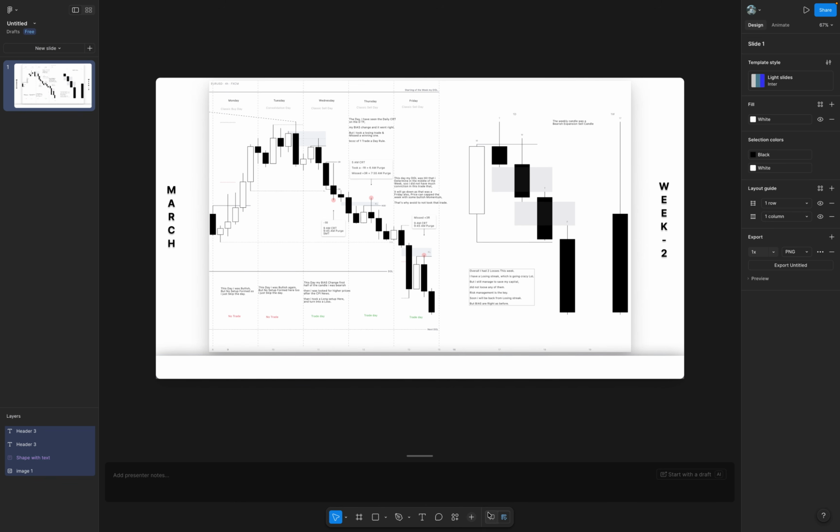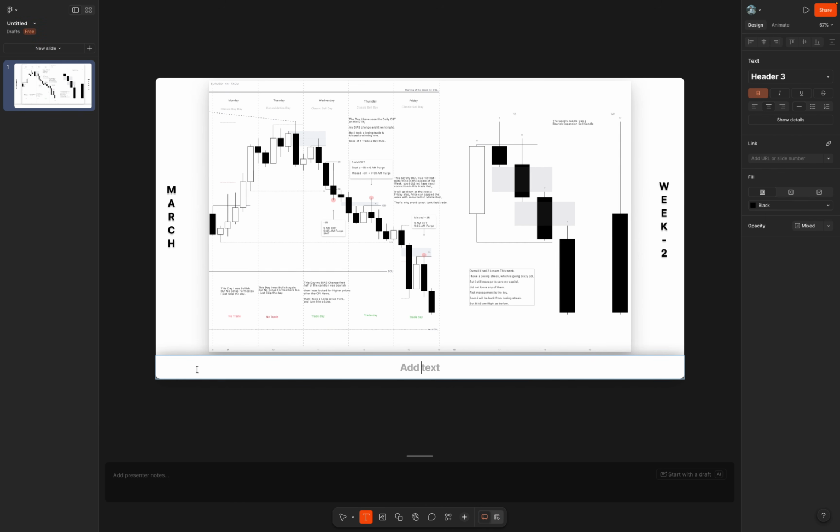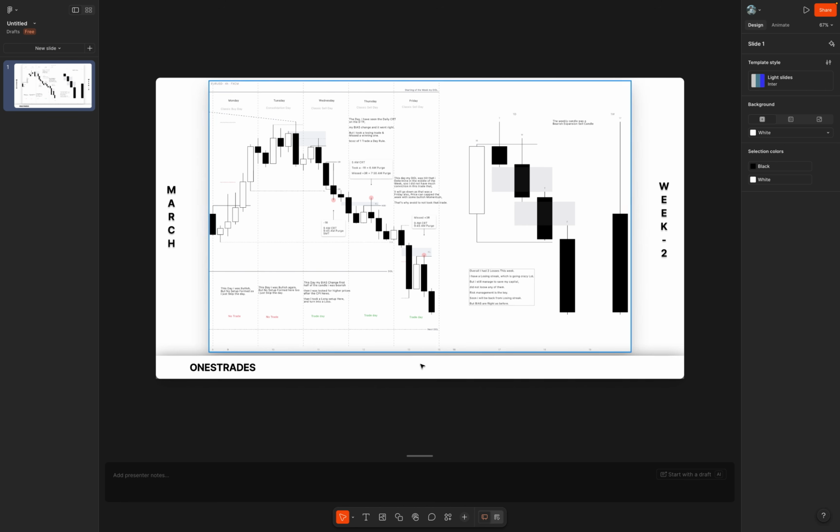You can do the same thing, write text right here like this, paste here, and after that making this,